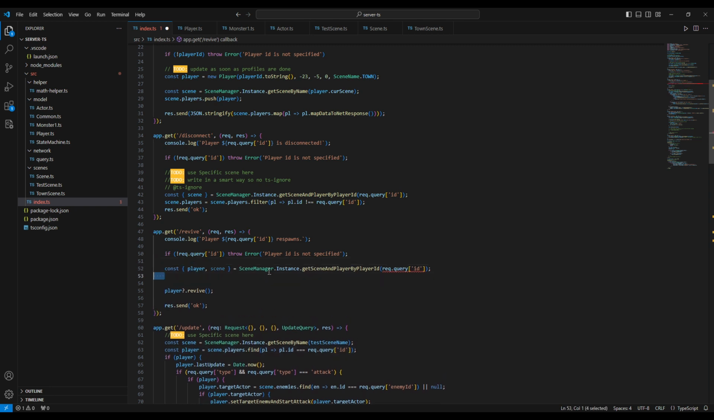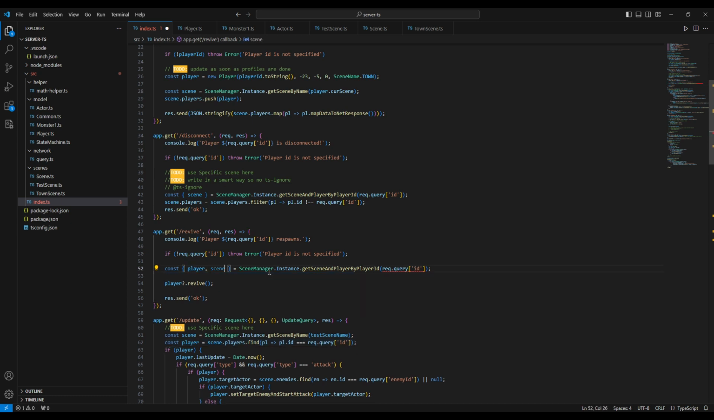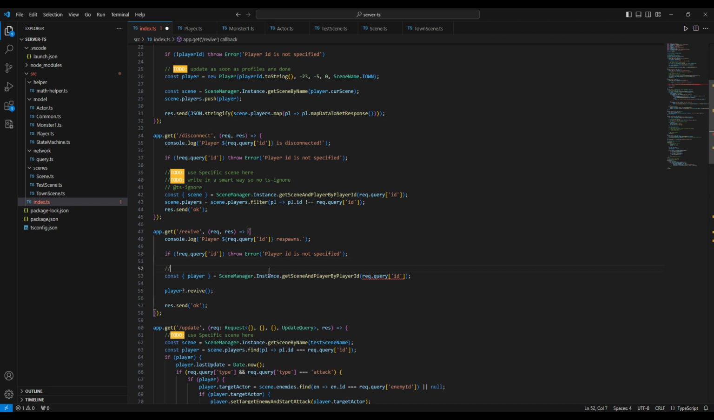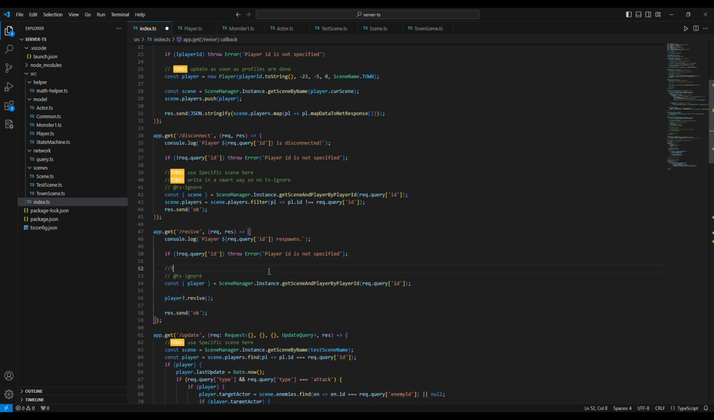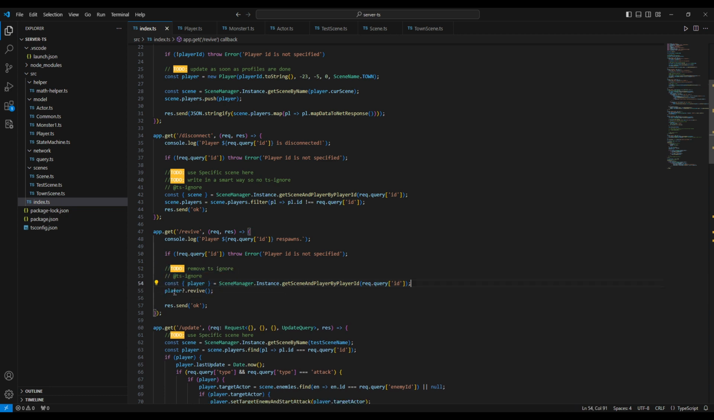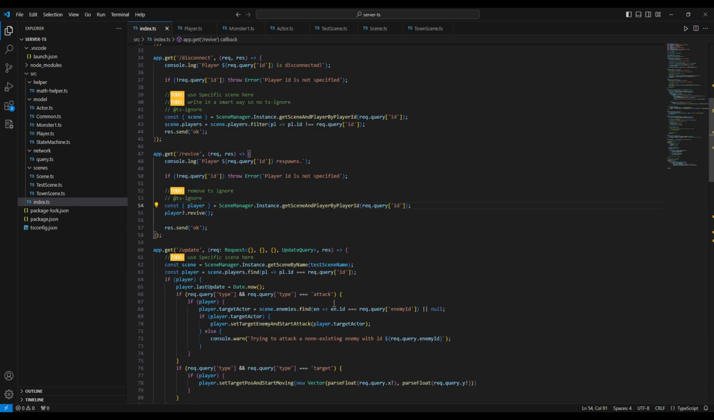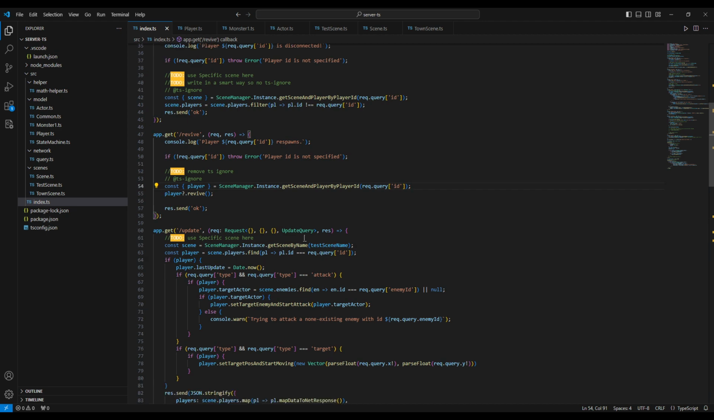Oh, do we need a scene here actually? Oh, we only need a player here, right? Because it has the scene property. And we will just do TS ignore here also. And we'll do another to-do: remove TS ignore. And yeah, it's fine because I already have this undefined everywhere. And for this one,